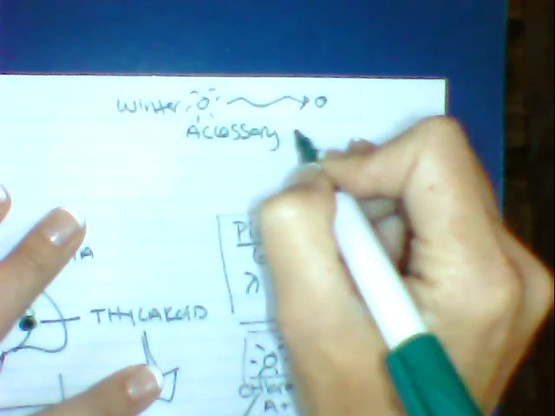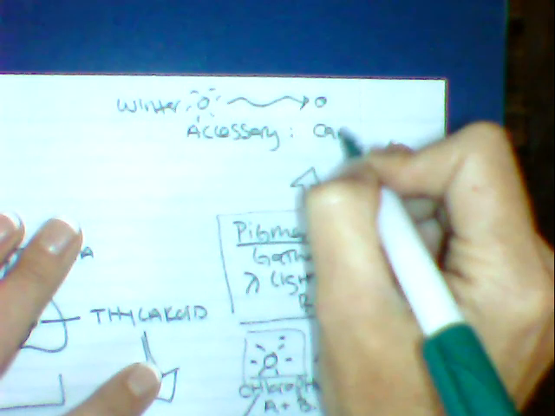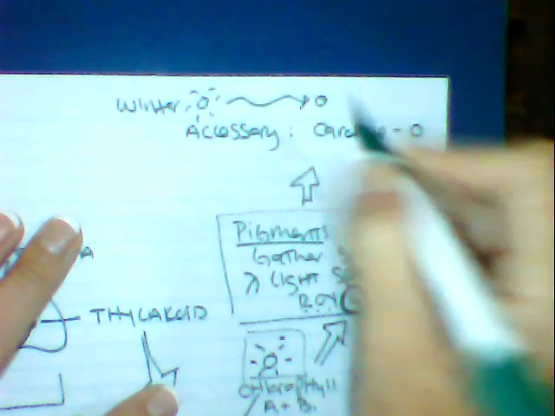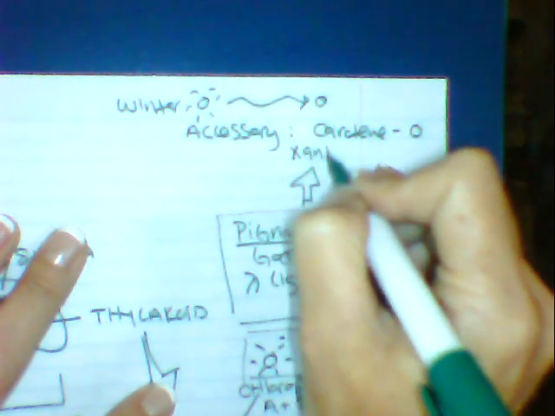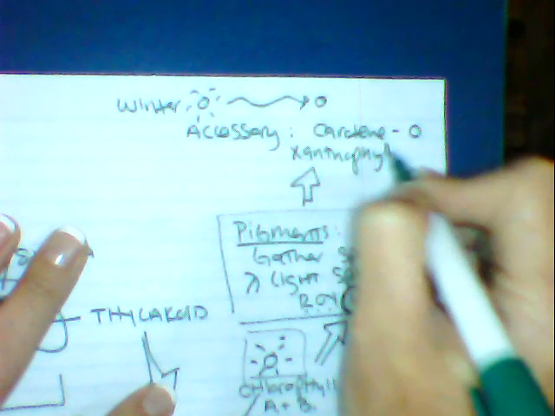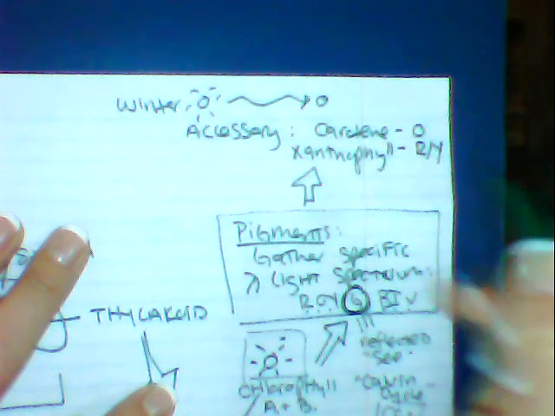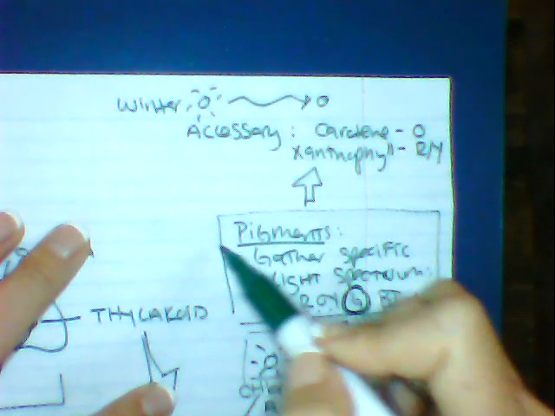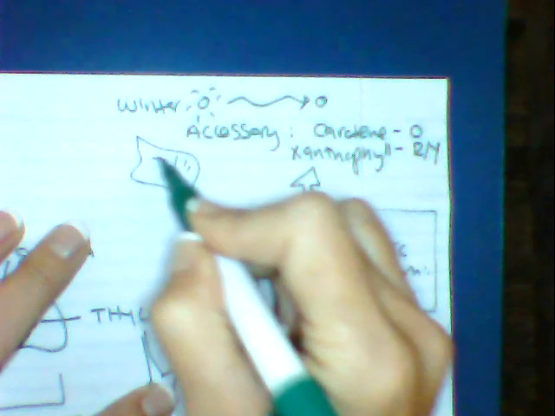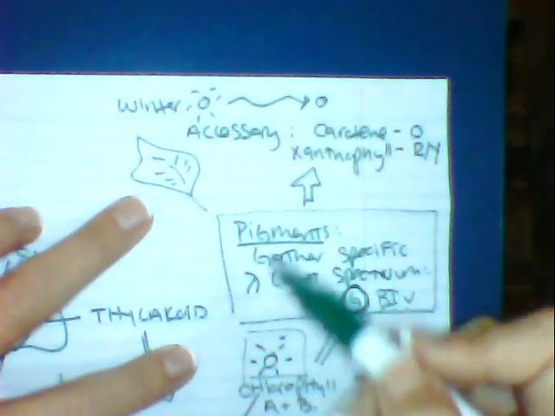And so because the wavelengths are a little bit shorter, we're going to be using what's known as accessory pigments, such as carotenes, which will actually turn orange, or maybe your xanthophylls, which will turn like your reds and your yellows, okay? And so this in turn is why during the winter, leaves will actually change colors instead of being nice bright green, because we're reflecting the chlorophyll